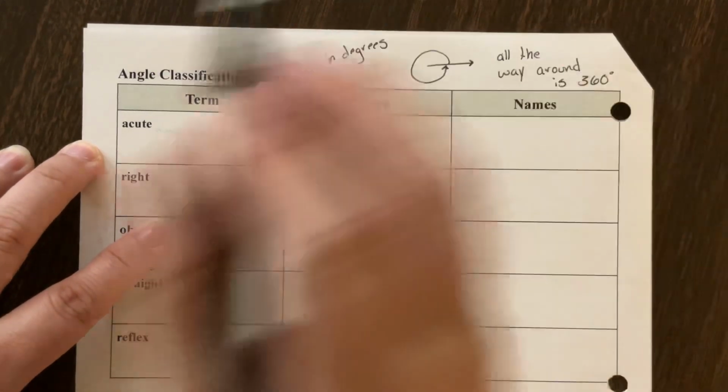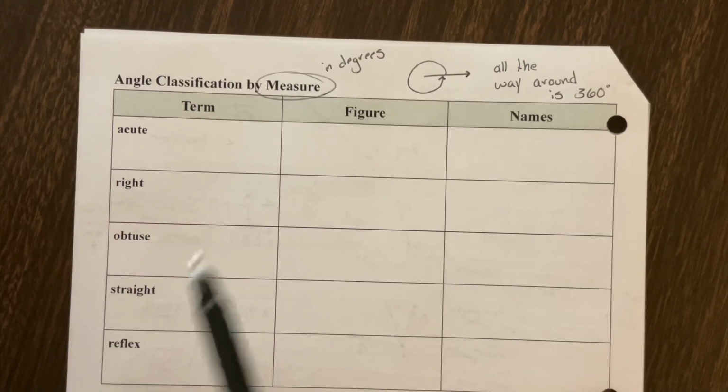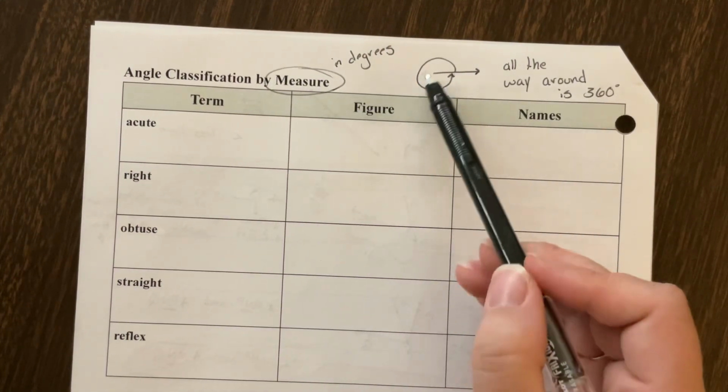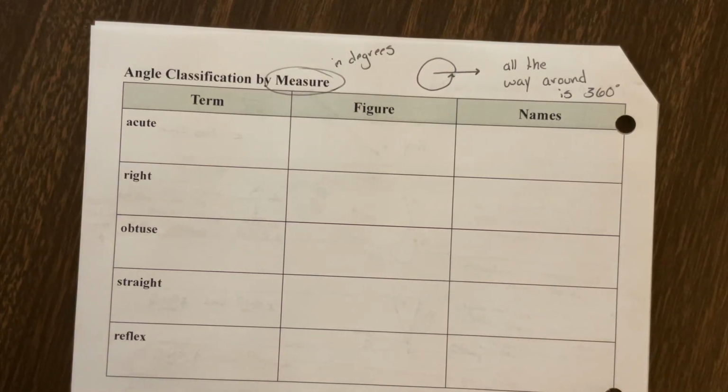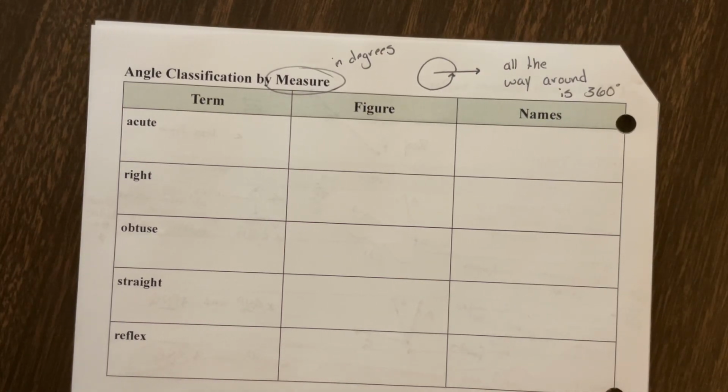If all the way around is 360 degrees, there's our degree symbol. And then basically what we do is we just divide that rotation up into 360 equal parts. Okay, so we now classify an angle based on its measure. If its measure is less than 90,